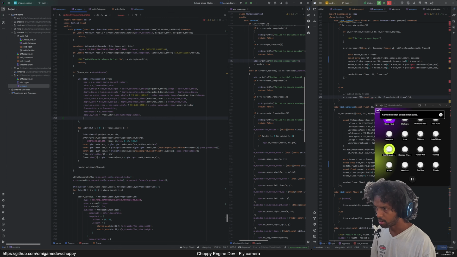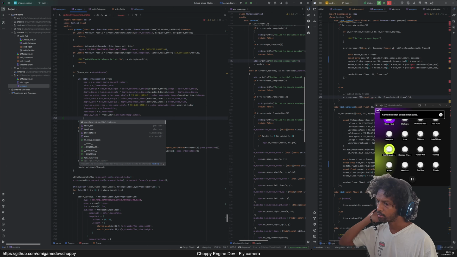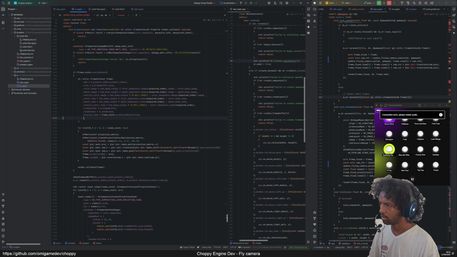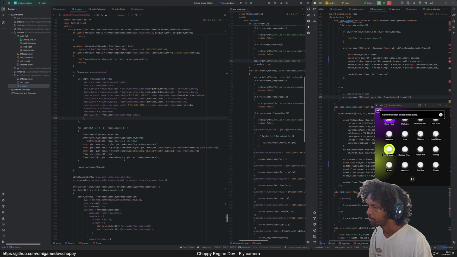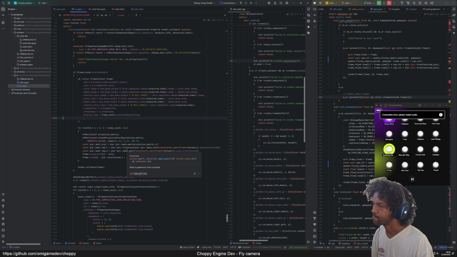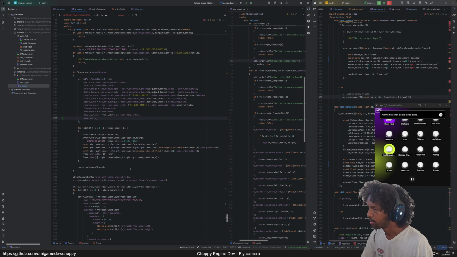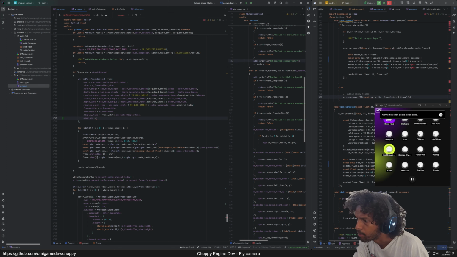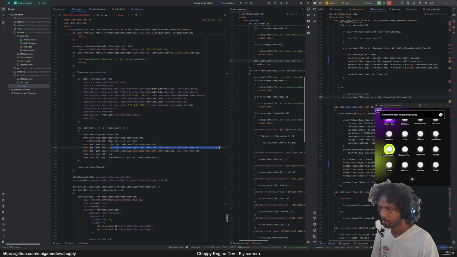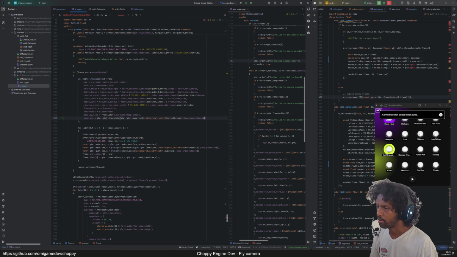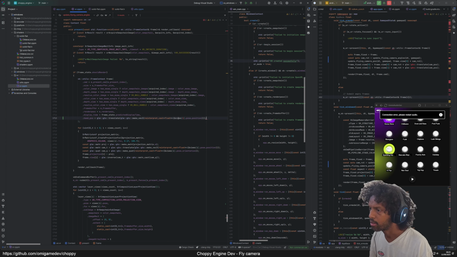I'm gonna stack those in here. So the head pose will be just like here, this stuff, roughly like that, but instead of the view, I'm gonna grab